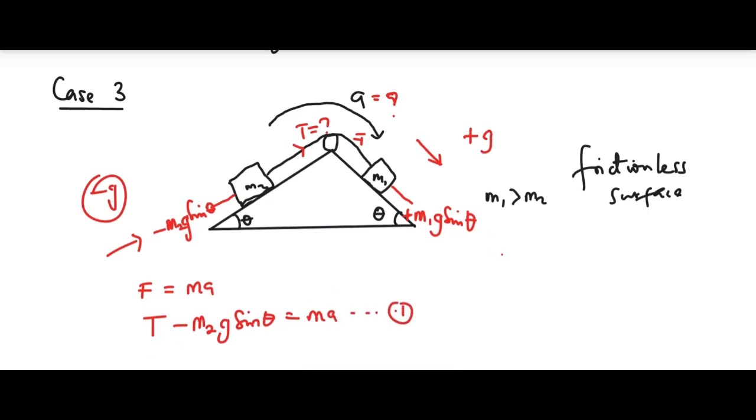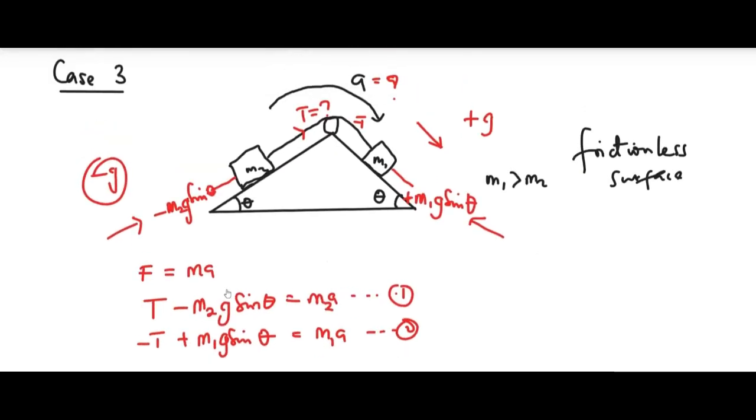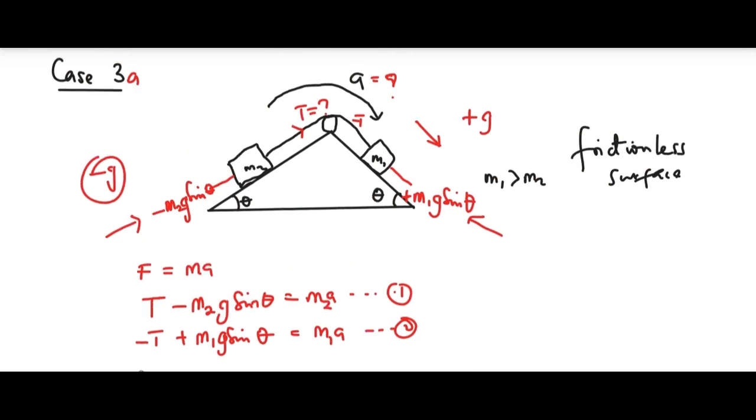The other equation for this direction, I will have minus T plus m1g sine theta, everything equal to ma. Note that your m here is m1a, right? For this scenario, here it is m2a because the m you're using here is 2. Let's call this case 3a. So we can have case 3b when it is